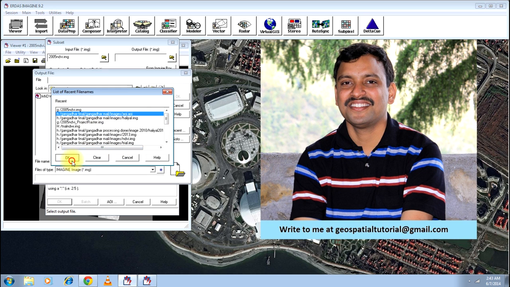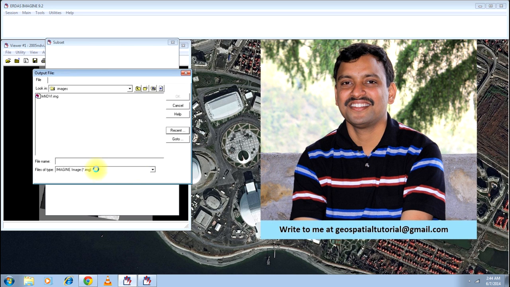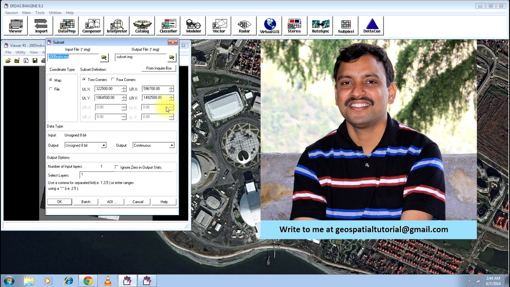I'll save it in the same folder where I have saved all other files. I'll give it the name subset, with .img as the extension.